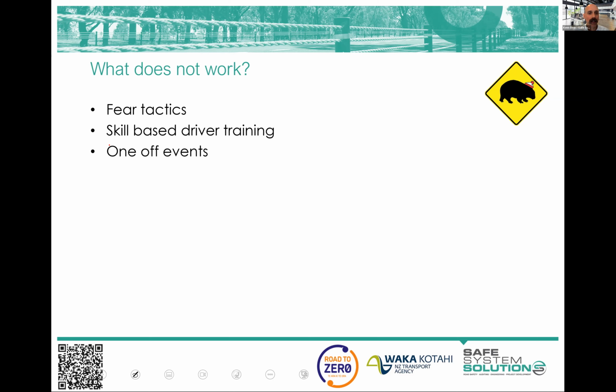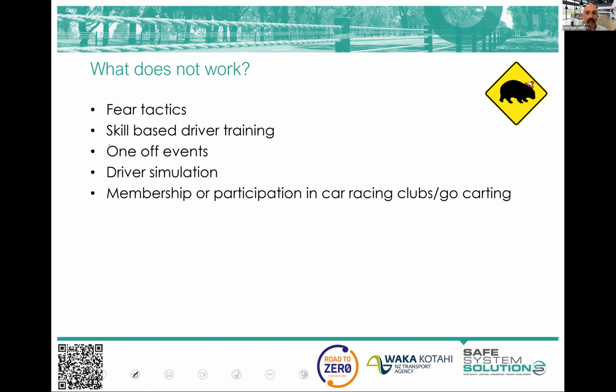Skill-based driver training we talked about doesn't work. It actually makes things worse. One-off events don't work. Driver simulators, well, there's nothing yet. And they continue to bring out driving simulators. Nobody's actually got any independent empirical evidence to show a driver simulator improves road safety. Okay, you can get funded evidence from the driving simulator manufacturer. I don't quite trust that. Anyway,